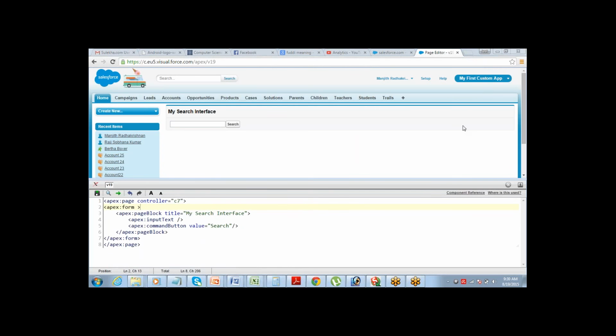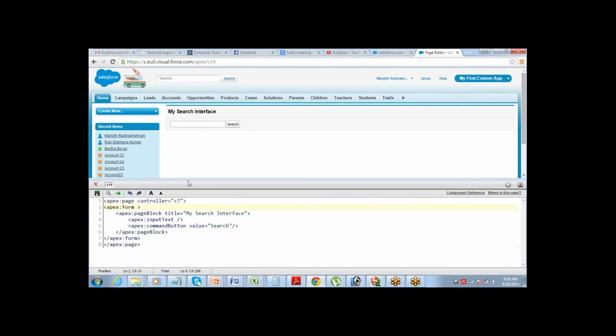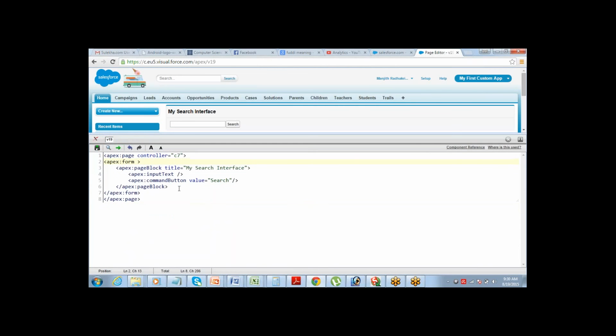So this is how my interface should look. Correct? I should enter my keyword here, click on the search button, and then it should perform the search in the backend database and return me the result. Correct? So for the result, again, I need a table,